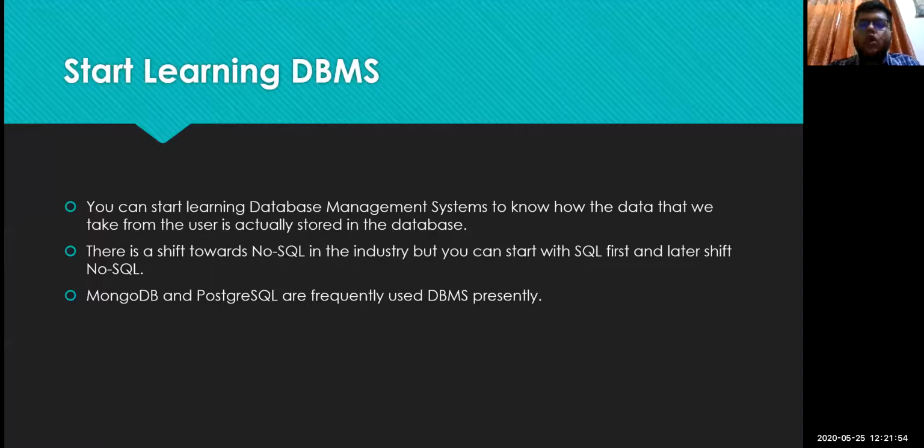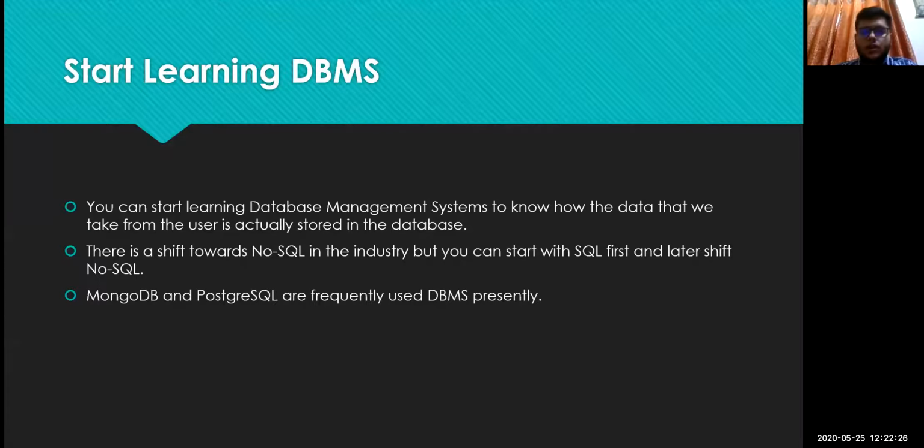You have documents, then you have fields within them, and you can insert the data in them accordingly. That is something you can search about later if you are interested. And MongoDB and PostgreSQL are the frequently used DBMS in the present time.